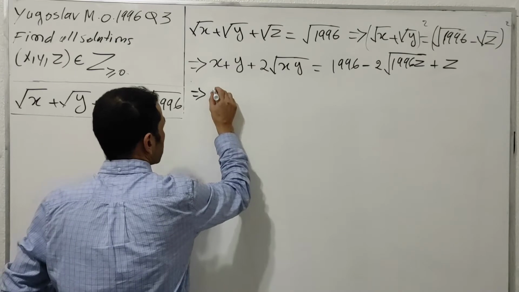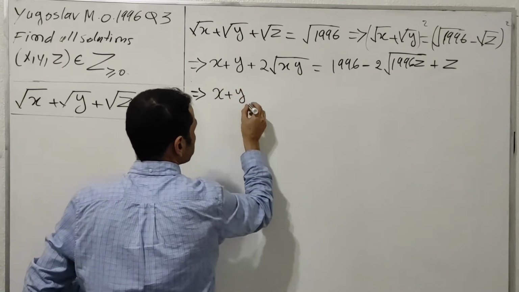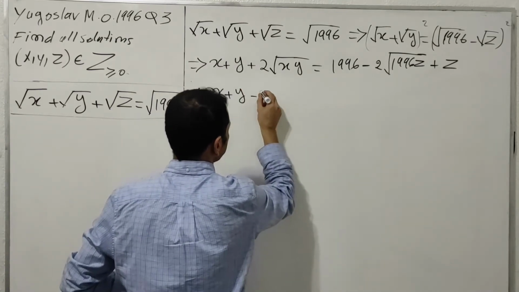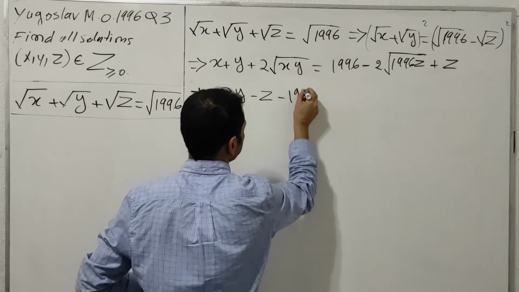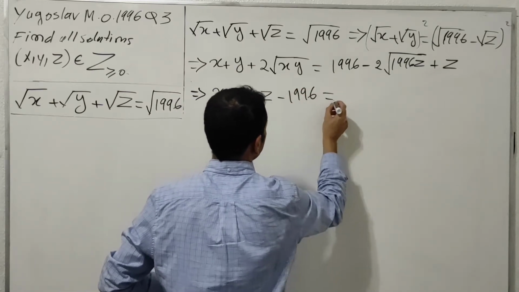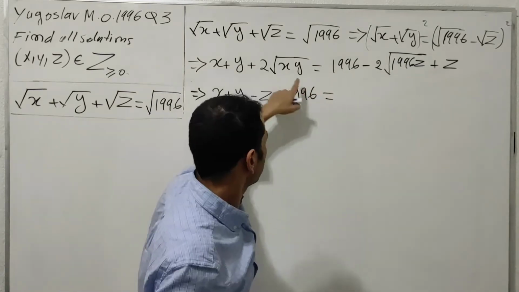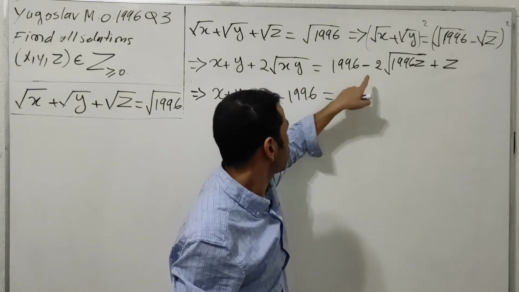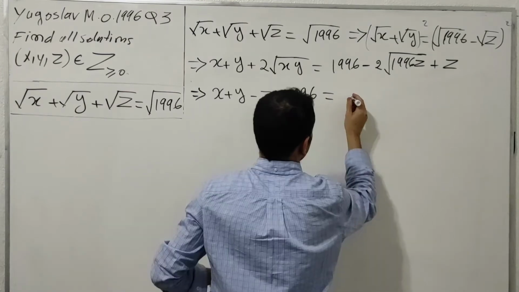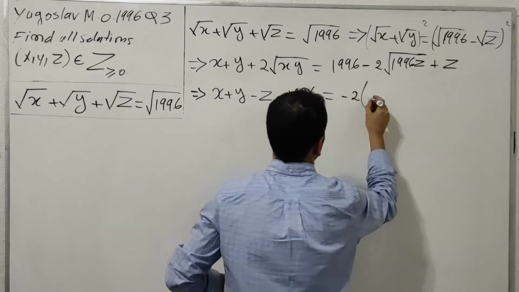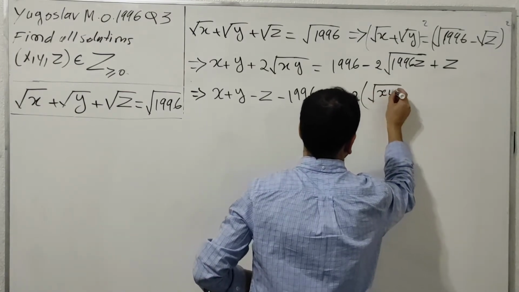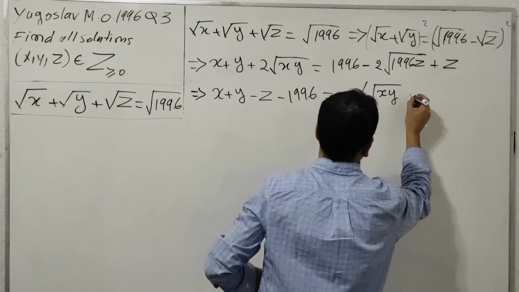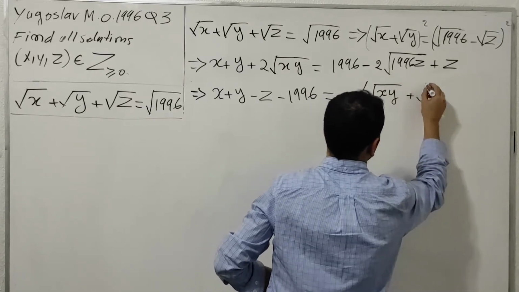So I will have x plus y minus z minus 1996 equals this term. By moving this one over to the right hand side, I will have minus 2 as a common factor for both terms. Minus 2 is multiplied by the square root of xy as a product plus this term,